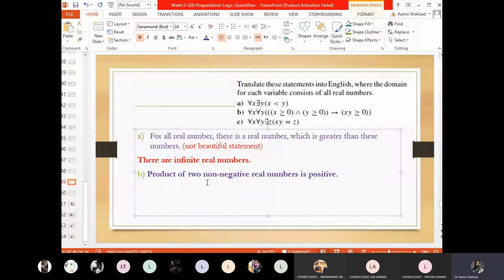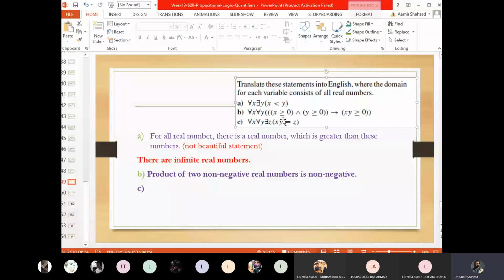So product of 2 non-negative real numbers is non-negative. क्योंकि अगर 0 से multiply करेंगे, so it's going to be 0. So we should write down non-negative. So now this statement is perfect. So product of two x and y, two non-negative real numbers, is non-negative. So the last one is